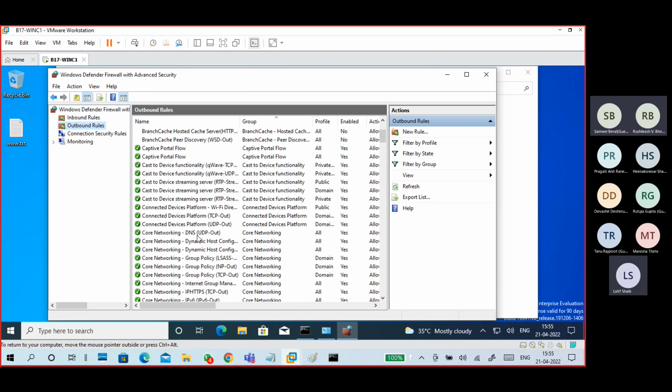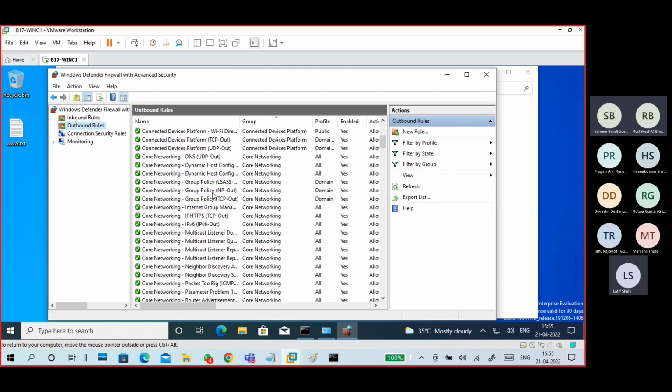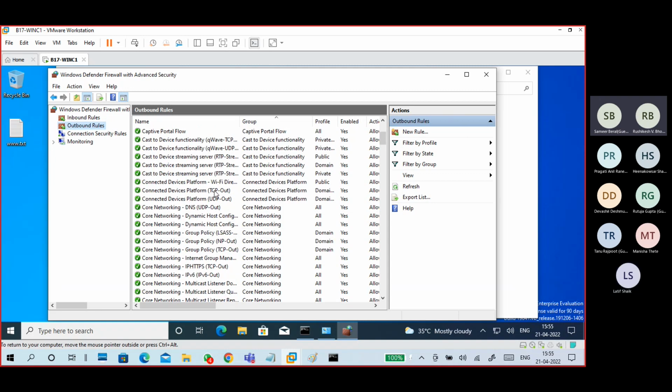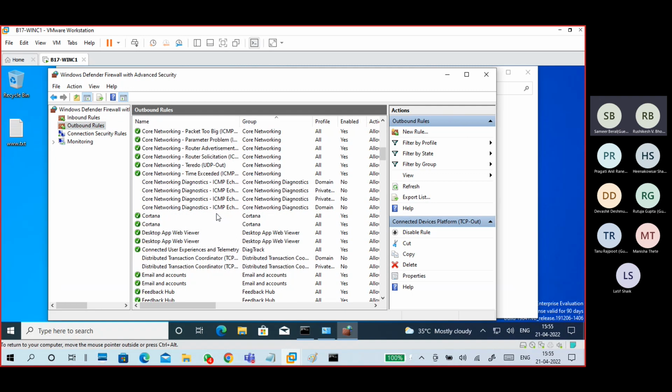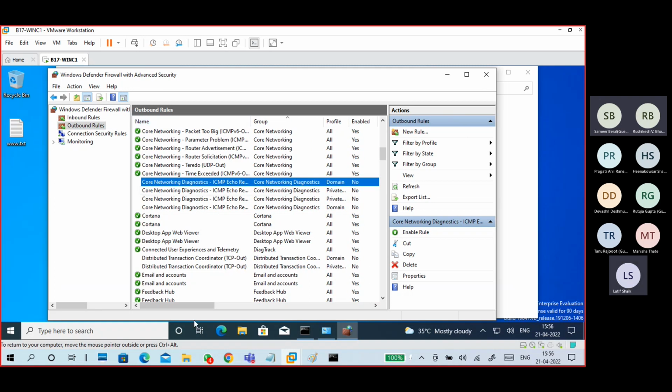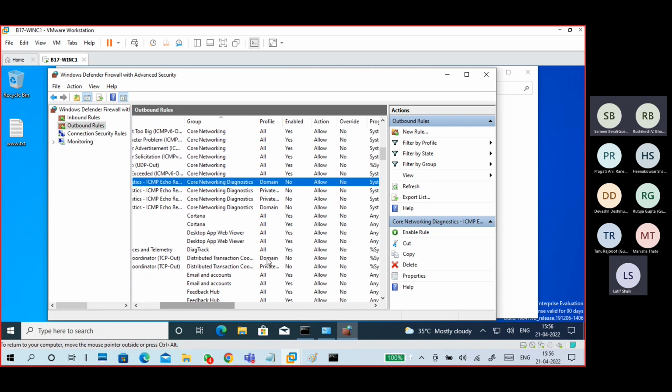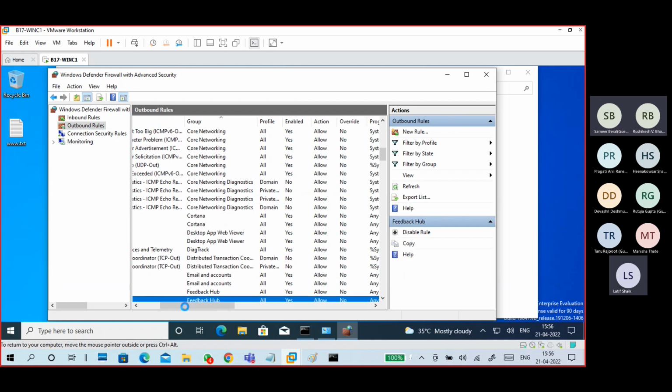Either you search for a particular protocol like ICMP, the echo mechanism, and either enable or disable it. There are profile, action, enable, and override options, this kind of stuff.